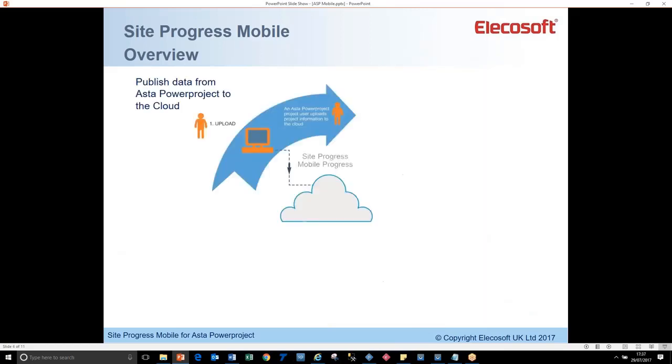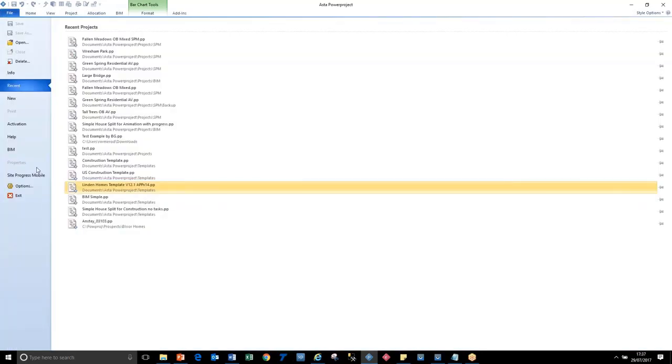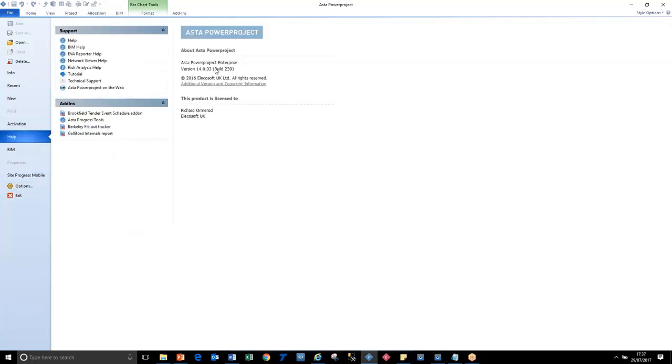So here we go. So we're going to do the first bit. We're going to talk about having a project plan in Powerproject and then uploading it and all the things that you need to do to it for that. So here's Asta Powerproject, and this is version 14.03. So this is the latest version, and we're concentrating on this version today because it's got a different way of interacting with the Site Progress Manager